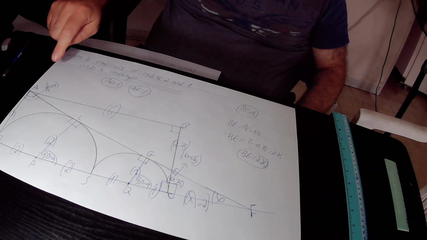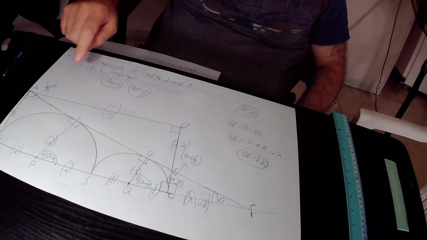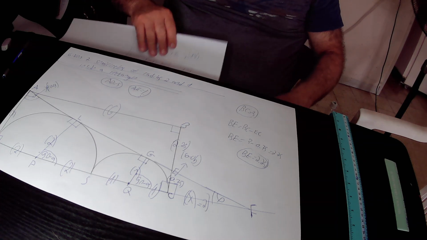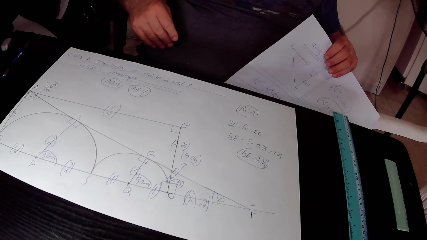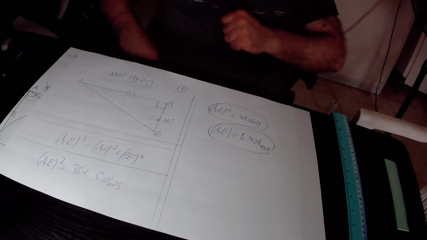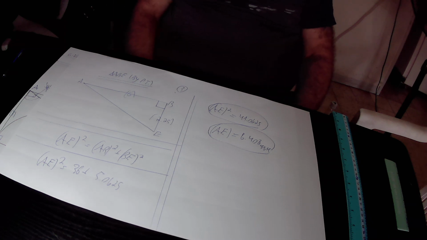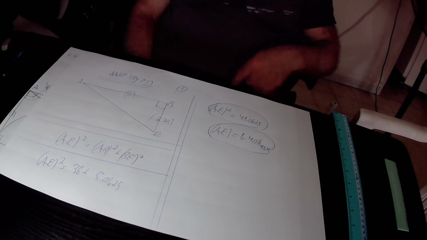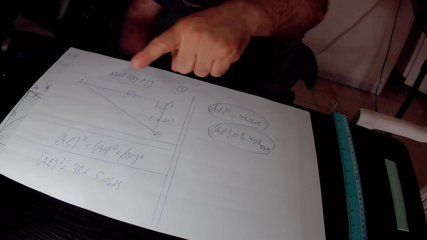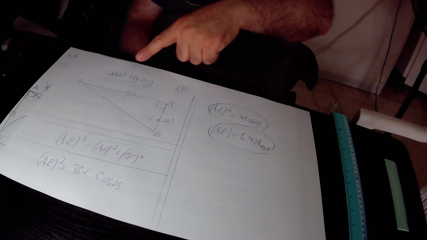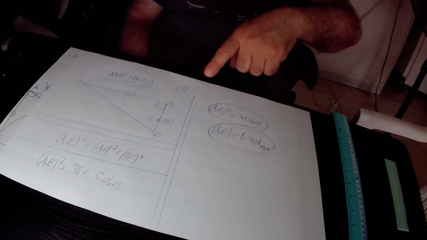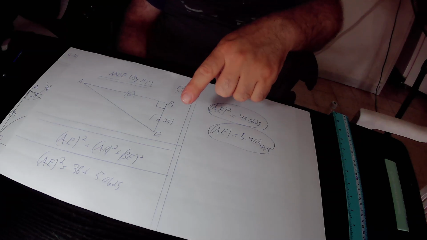In the next step, I copied the right triangle ABE onto a new page and we applied the Pythagorean theorem in this right triangle ABE. According to the Pythagorean theorem, in any right triangle, the square of the hypotenuse equals the sum of the squares of the legs. This is the right triangle ABE that I copied from the original drawing. According to the theorem, AE squared equals AB squared plus BE squared. AE is the missing side, so we leave it as it is, and it equals AB squared. AB is 6, therefore AB squared is 36, plus BE squared. BE is 2.25, therefore BE squared is 2.25 squared, that is